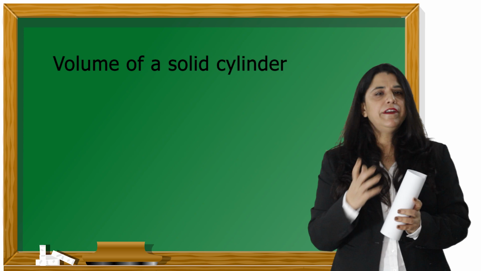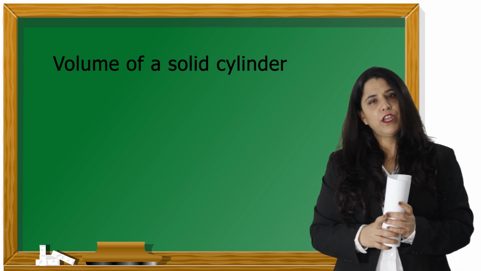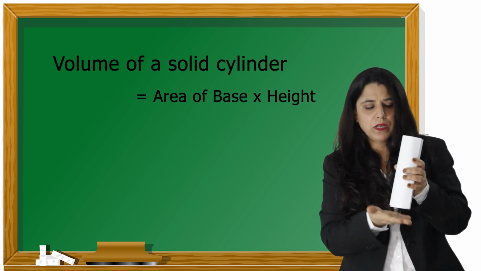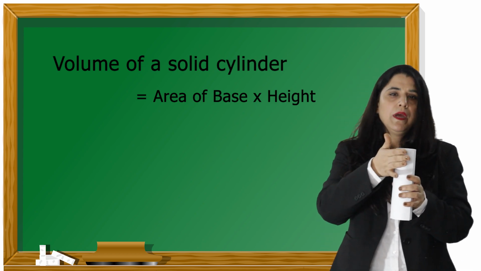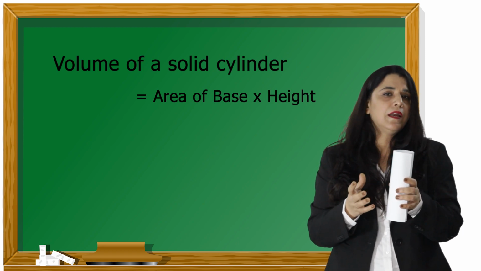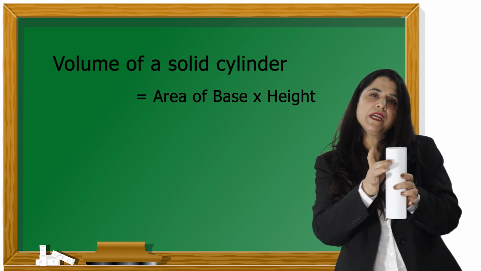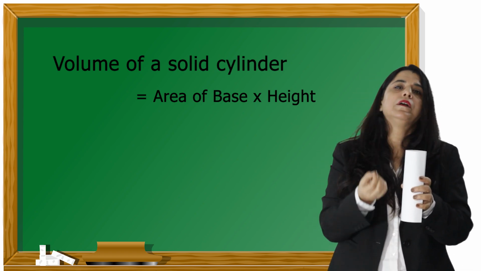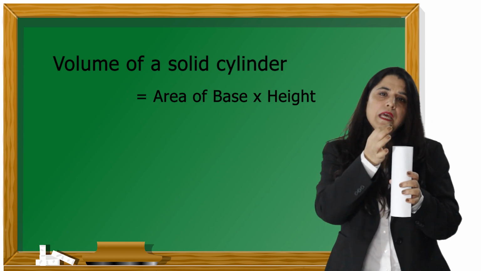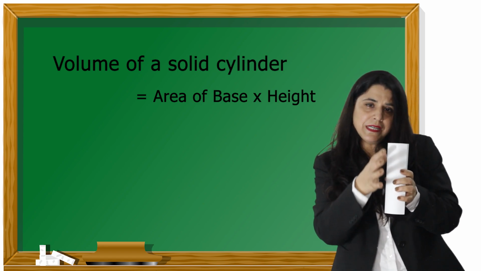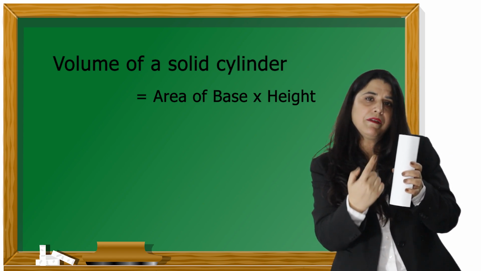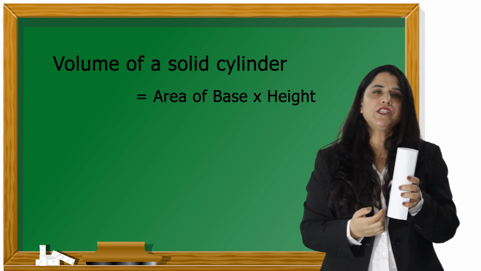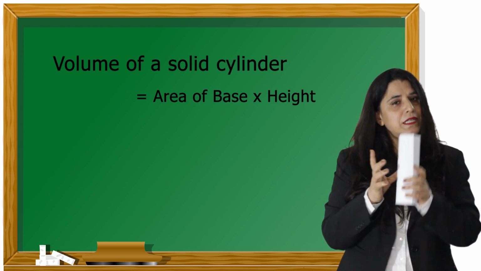Volume, as I have already spoken, is always of a regular solid. It is a regular solid when you form a cylinder. It's a regular solid because the same circle goes to the top. Like in a cone, the circles are of diminishing size. When it comes to the top, the circle takes the shape of a point. And when you come to the base, its area increases. The circles keep increasing as you come down, and as you go up, its circles are of diminishing area. But it is not the case in a cylinder.